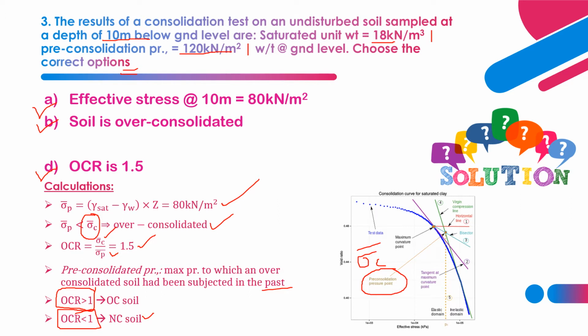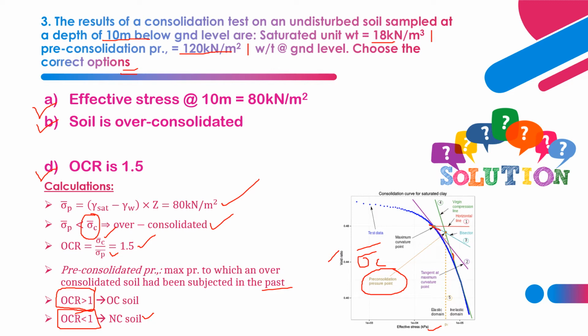How is it calculated? By making the tangents meet at one point. This is one tangent line, this is the other tangent line. The two tangent lines meet at this point, so that we can get the pre-consolidation pressure exactly, because this is a curve. We can't find where the exact point lies, so we draw two tangents, and where they meet is the point where the pre-consolidation pressure value is obtained, using the void ratio versus effective stress graph, the consolidation curve for saturated clay. This is how we have to find the pre-consolidation pressure point.